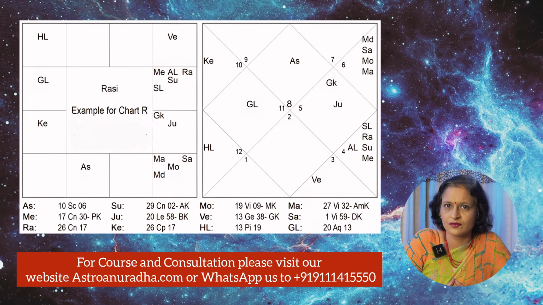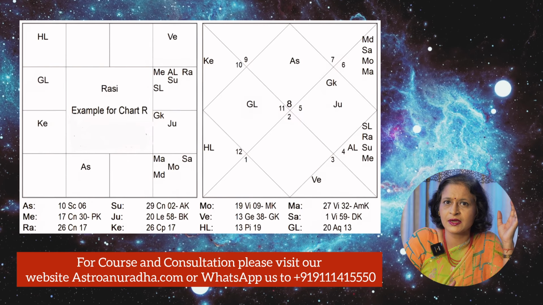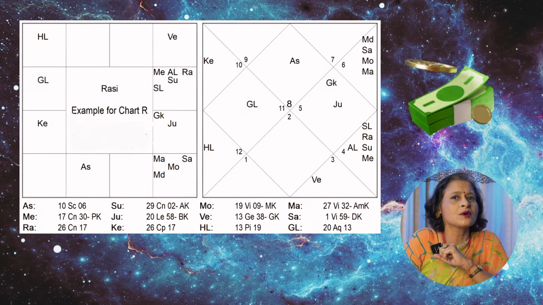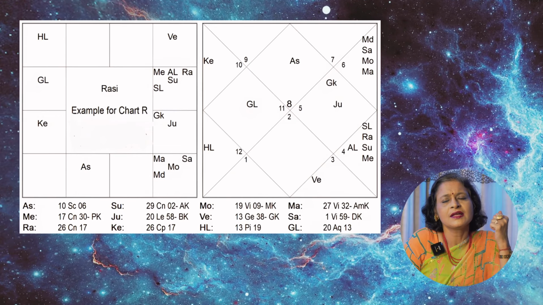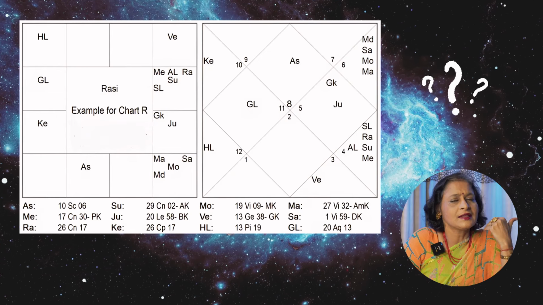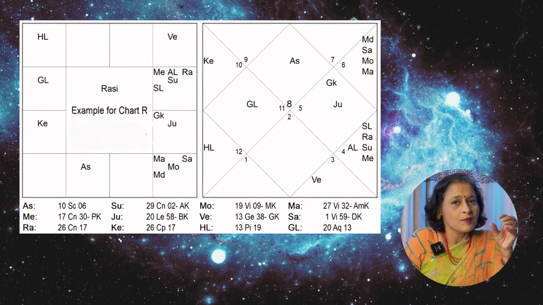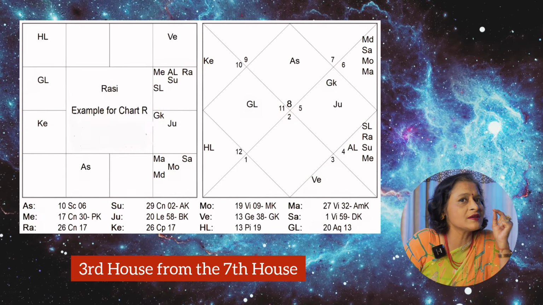But the Aslesha Nakshatra was supposed to give, so in one point we find that cheating is working, in one point we see that the negation of the house is being very clearly defined, but the money is also supposed to come in, and there is also supposed to be a certain amount of rise. Then who is going to face that rise? Then what happens is, I look into the chart again, I rotate the chart, because this chart is the 3rd house from the 7th house.